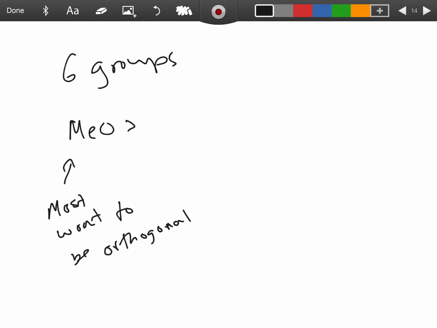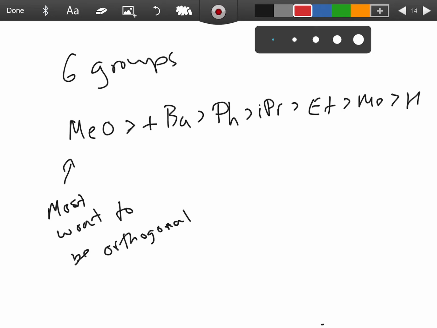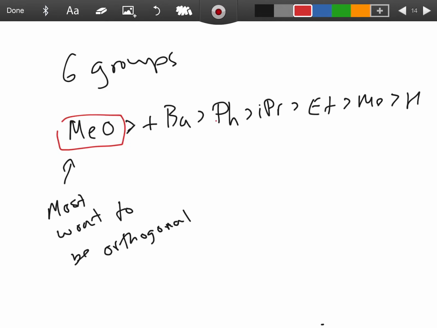Then the next are large alkyl groups like tert-butyl. Then you have phenyl, then isopropyl, then ethyl, methyl, H. So you've got the things that electronically want to be orthogonal,